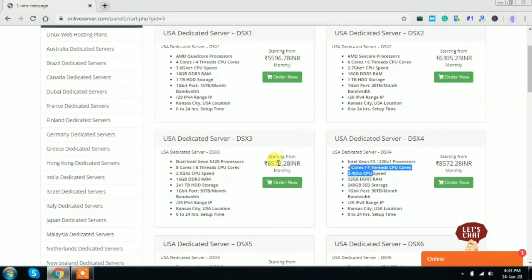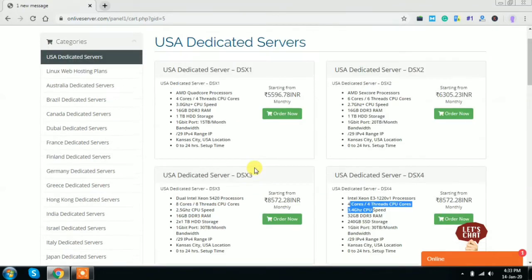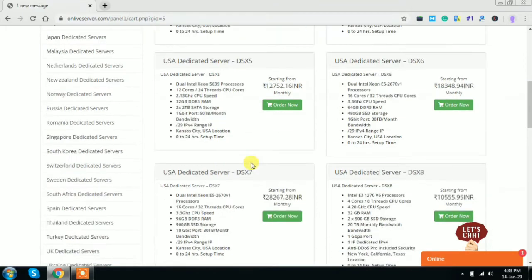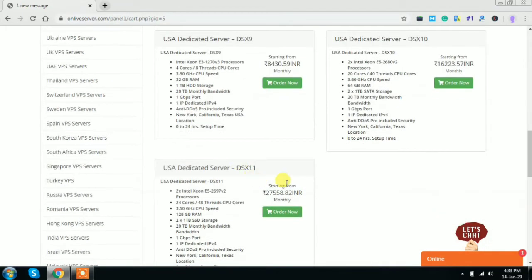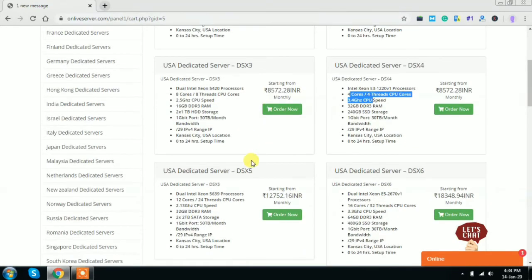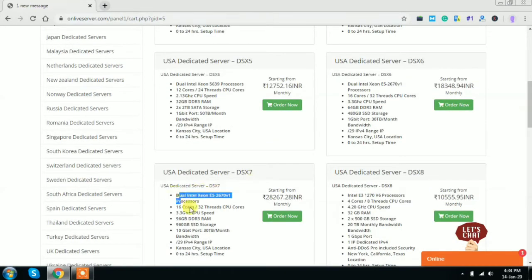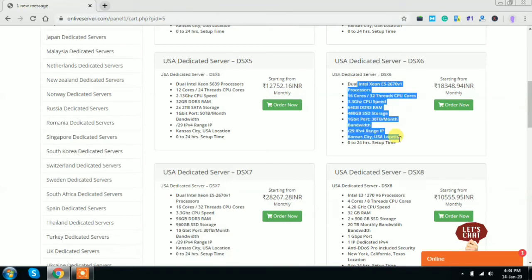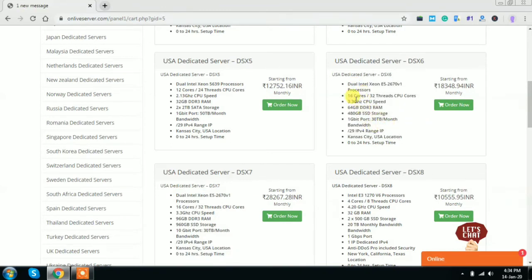So what you have to do, first you have to decide your physical data center location, whether you want your servers to be placed in Kansas City data center, or in New York, California and Texas location. If you want your servers in Kansas location, then you just refer plan DSX1 to plan DSX7. Read this plan technical information very carefully, and here you will find that the price varies